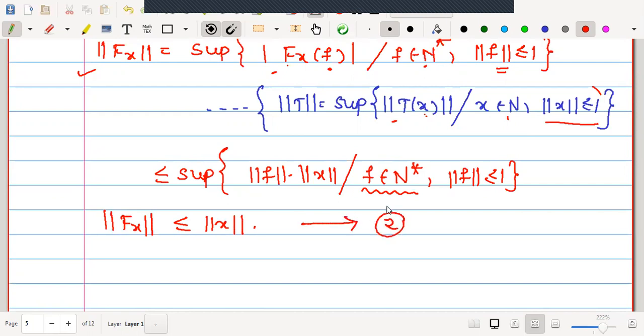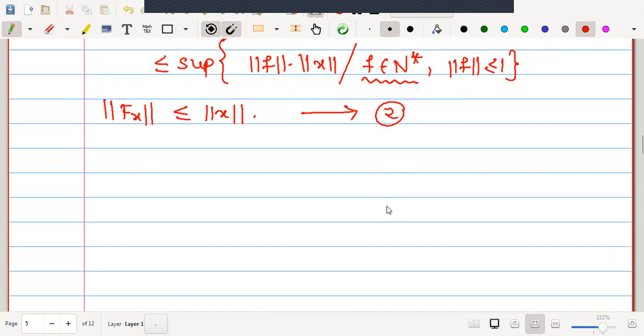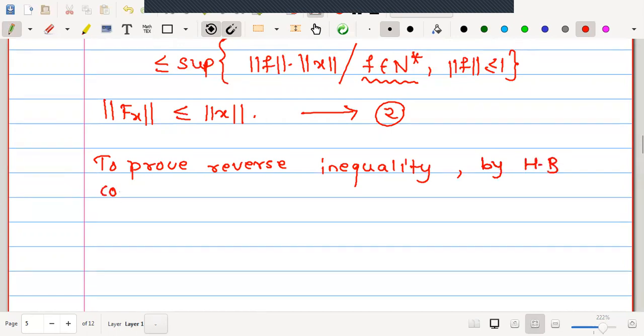Let me call this inequality number 2. Now our aim is to prove the reverse part of the inequality, that is norm fx is greater than or equal to norm of x. Now to prove the reverse part of the inequality, we are going to use one of the consequences of the Hahn-Banach theorem. Therefore, to prove the reverse inequality, by Hahn-Banach consequence number 1,